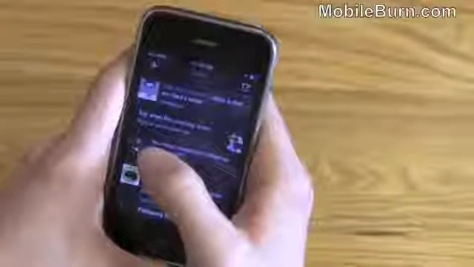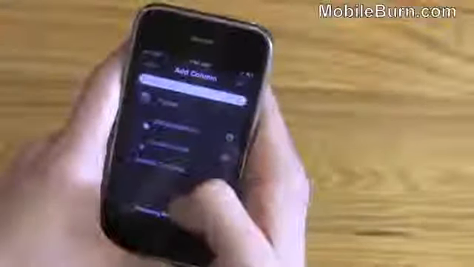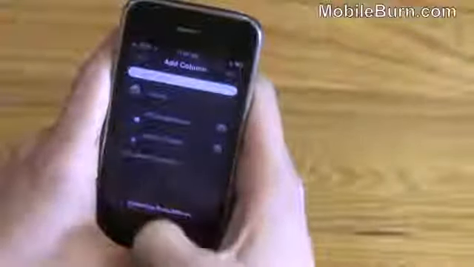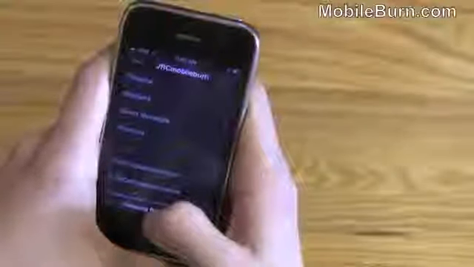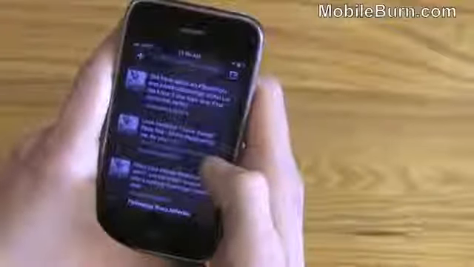So if I want to add a new column, I just go ahead here and click the plus button on the top left hand corner, and it'll bring up Trends, my Twitter account, and my Facebook account. So for right now, I just like to use my lists and form a dedicated column for 2 of my lists that kind of go together. So I'm going to add applications as a dedicated column all on its own,